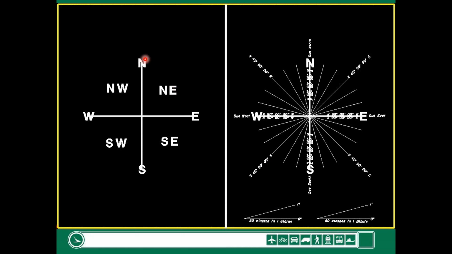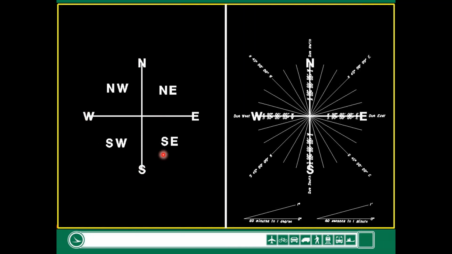The direction is broken down into 4 parts: due north, due east, due south, due west. There are 4 quadrants. Due north is 0 degrees, 0 minutes, 0 seconds. We'll just stick with the degrees. From due north, you go clockwise to due east. Due east is 90 degrees, so there's 90 degrees between north and east. Then when you come around to south, you go from 90 back to 0. This whole quadrant up here is northeast. This down here is southeast, southwest. You go from south to west, from 0 degrees to 90 degrees west, and then back to 0 at the north.